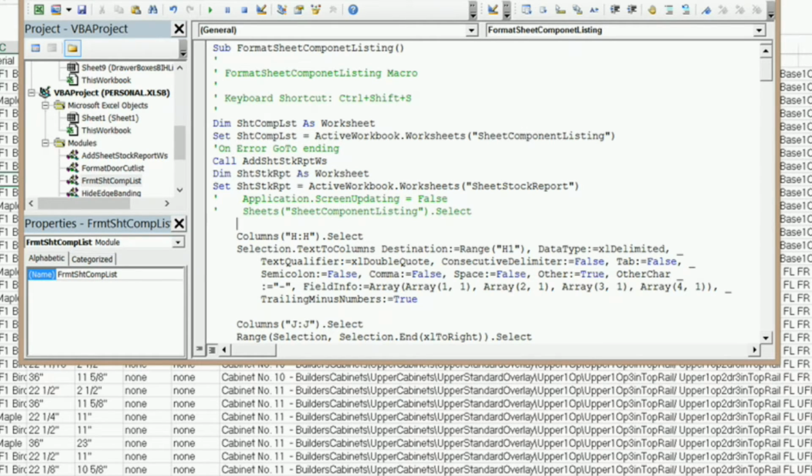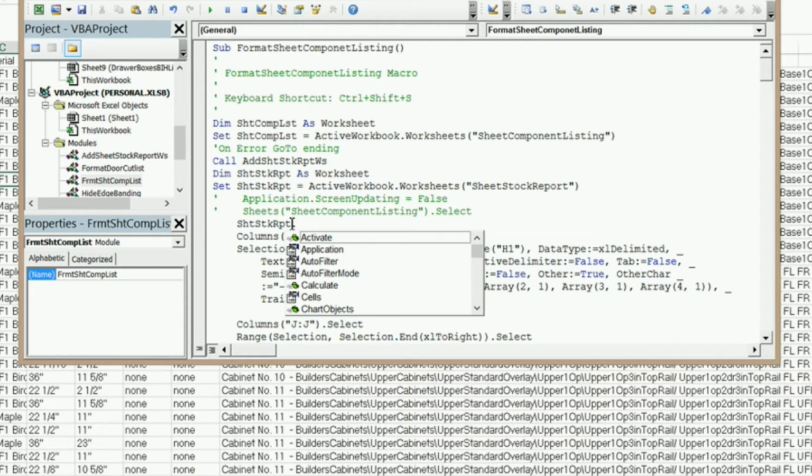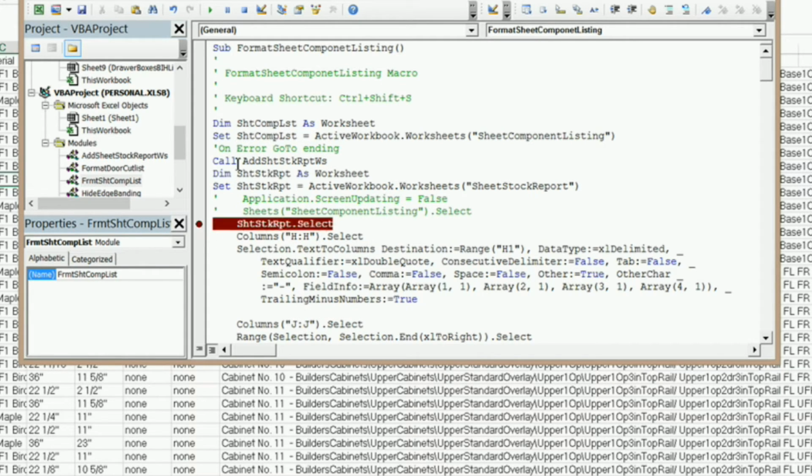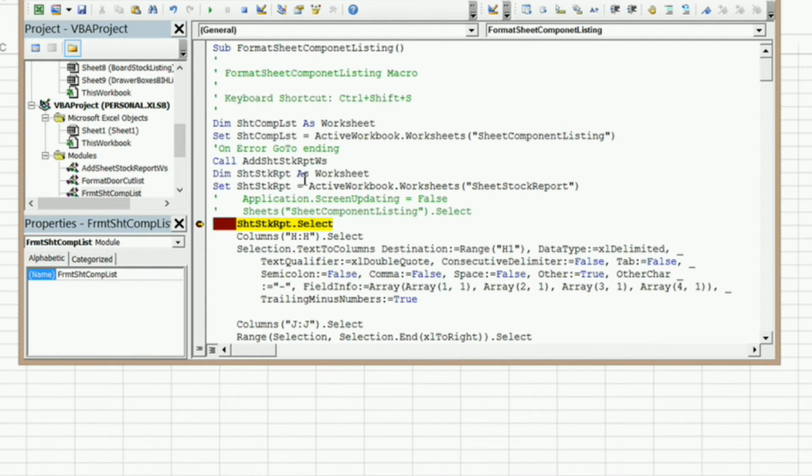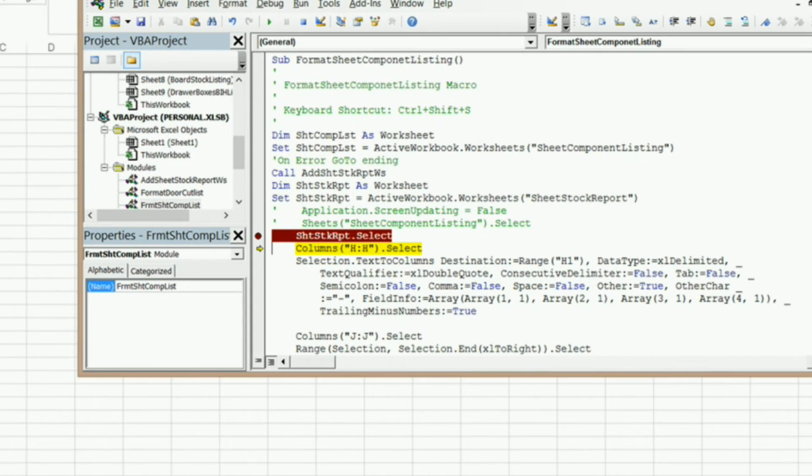So I'm going to try this right here: sheet stock report dot select. Copy that and paste. So let me run this code and see if this will work. So yeah, it should work. Select. So I'm going to put a stop marker right there. I'm going to go ahead and run my code, and it did select it. So F8. Okay, so now it's starting to format my worksheet, but there's no data in here,